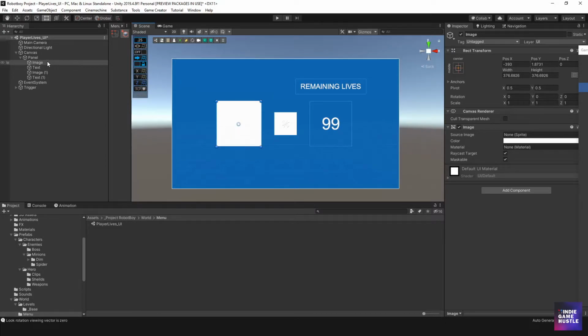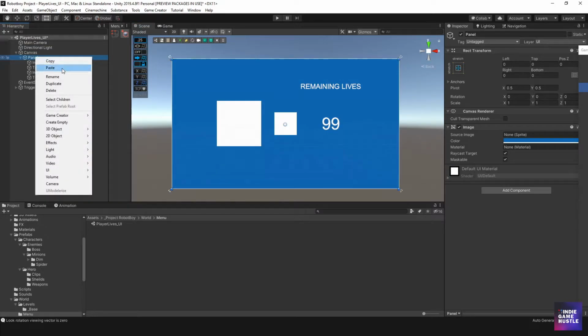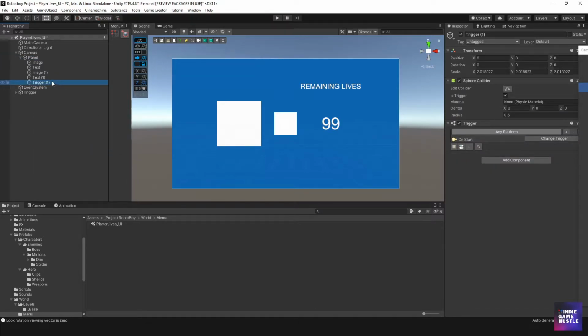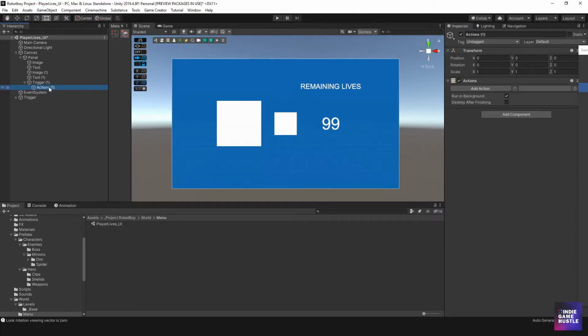have. All right, great. So what we're going to do now, in this panel, is create a trigger. I'm going to go to Game Creator, go to trigger. And this trigger is going to basically be on start. We're going to do an action. We can say on start. Let's see here. We can go actions and we can basically just say